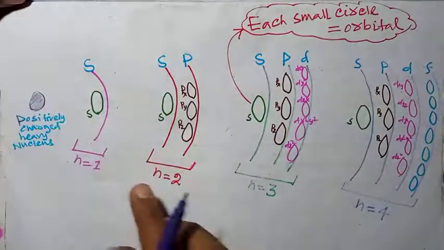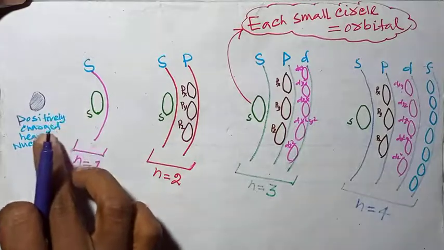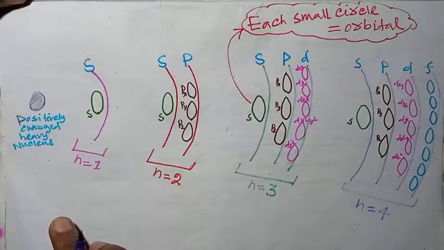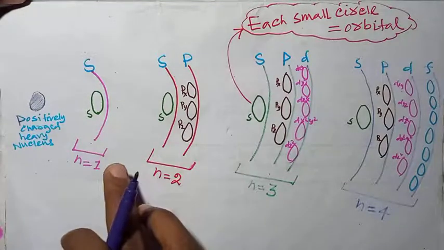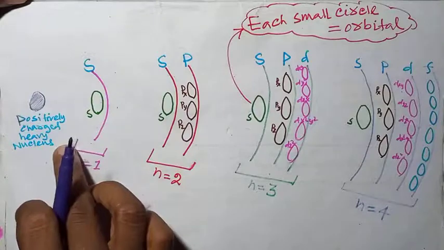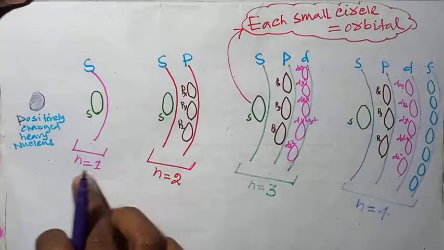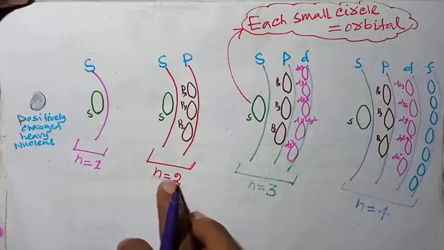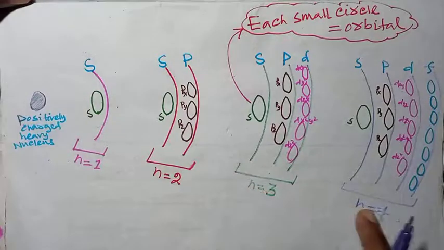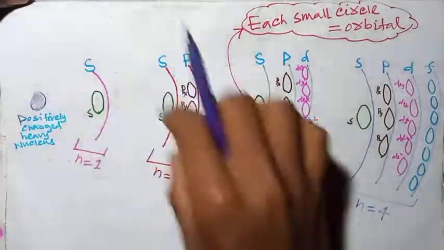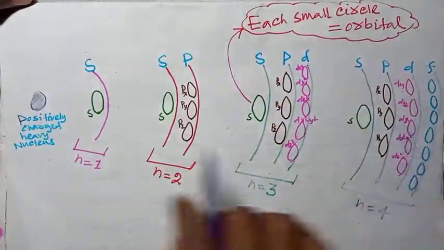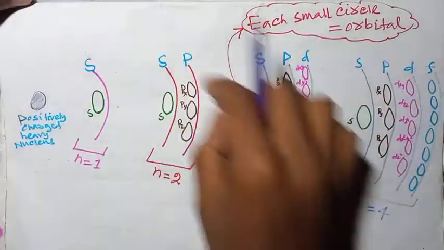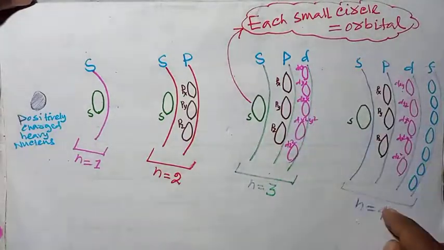So in every atom there is a positively charged heavy nucleus at the center of that atom, and that nucleus is surrounded by different types of shells. These are the shells, and their shell number is known as the principal quantum number. It is n equals 1, n equals 2, n equals 3, n equals 4. These are basically the shells. This is shell number 1, this is shell number 2, this is shell number 3, and this is shell number 4.